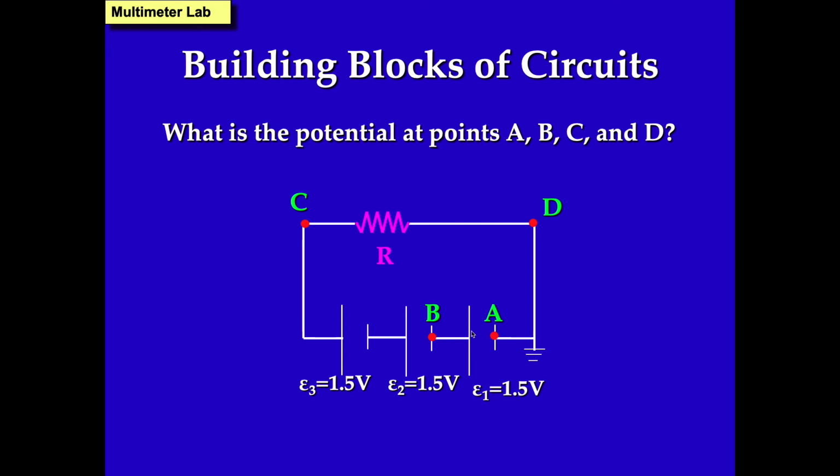This other side is at 1.5 volts. But because I directly connected the positive side of one battery to the negative side of the other, I have forced point B to be at 1.5 volts. And because the battery maintains a potential difference between its terminals, this second side has to be 1.5 volts above that. So let me go on the board